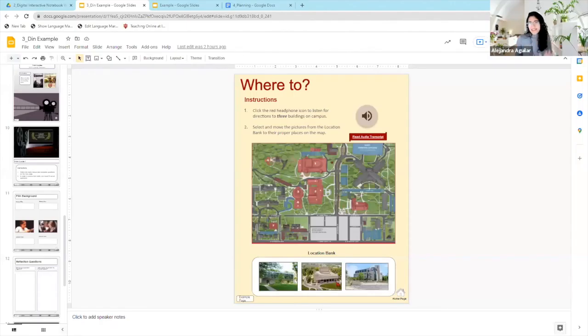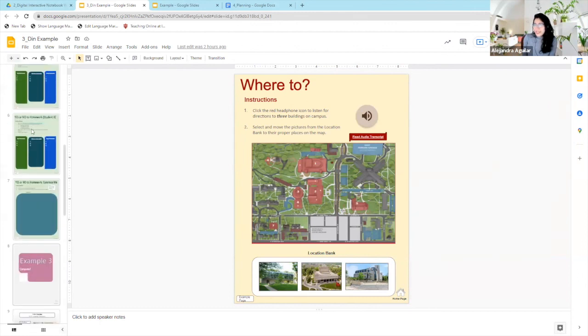Hi, everyone. So I know that we have just a few more minutes left. And so I briefly just want to share with you a few examples of what you can actually do with this. So now that you kind of have a basic idea of how to make one of these, can you see my screen? Yes. Okay. So this, for example, is,